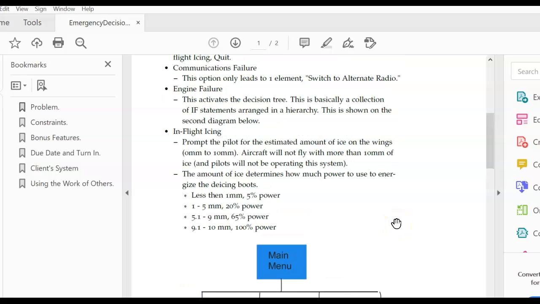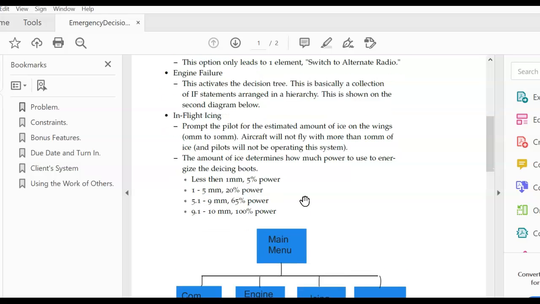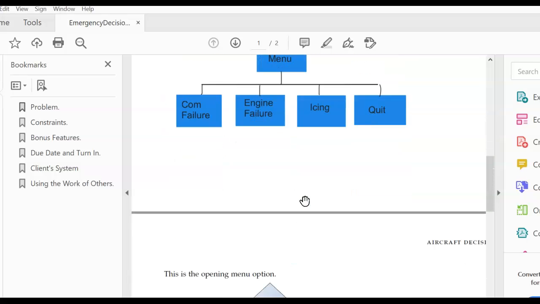So as you can see here, the communications failure has only one option. The screen will display, if you click this option or select C, you will see switch to alternate radio. Engine failure has a lot of decision making, and we will go into that in a minute. And in-flight icing has a certain amount of decision making based upon inputting the amount of ice that is visible. Now, as you can see, the engine failure is the primary,